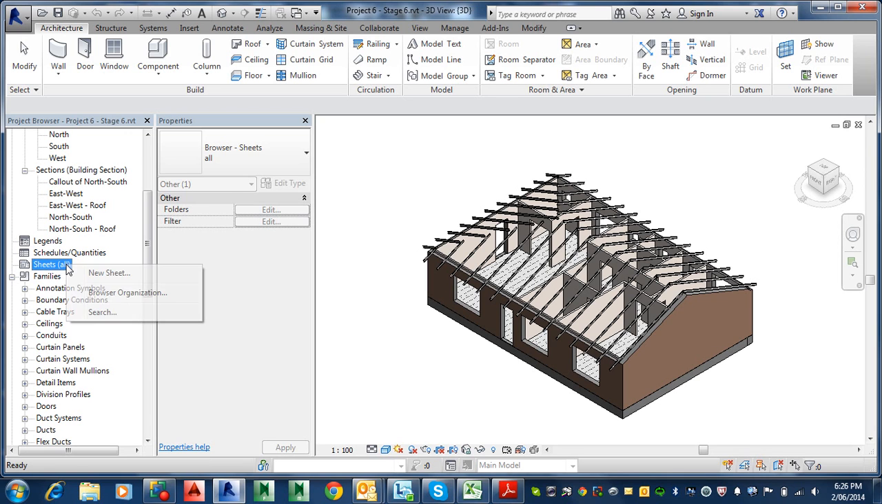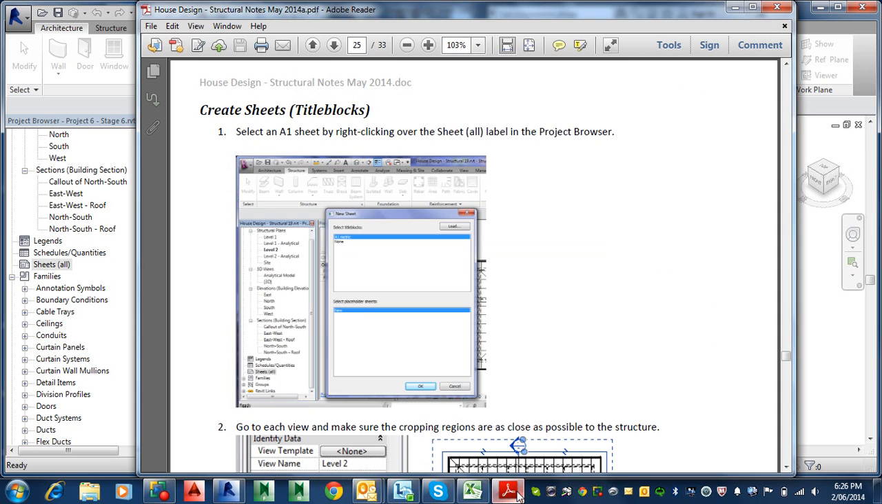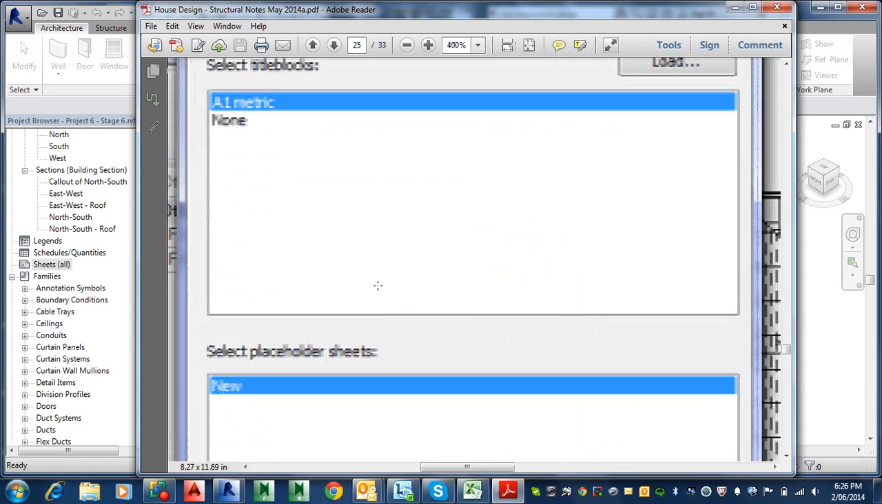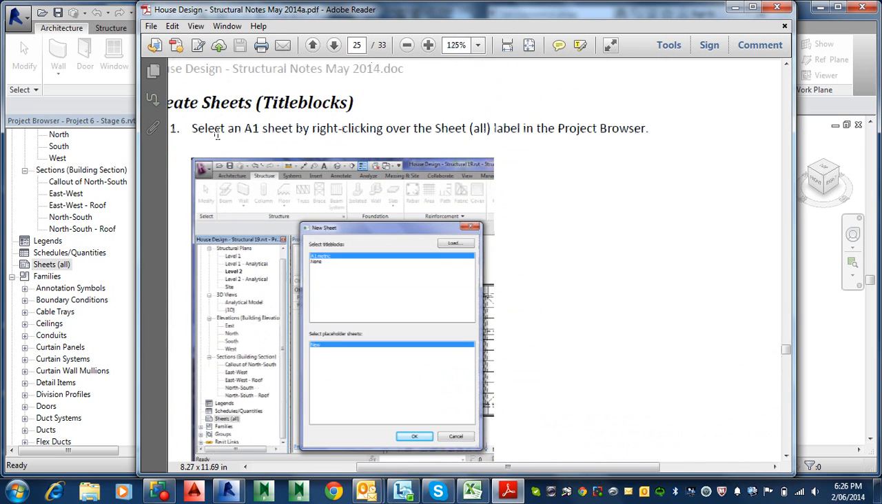So we can just right click here and go to new sheet. That comes up. Well, there's one that you can get and bring in here. As it works out, we probably want the A1. If I just blow this up a bit, we want the A1, I think. We're going to bring in, as it says here, select an A1 sheet by right-clicking over the sheet all label in the project browser. So anyway, you get it up. And if you want another one there,